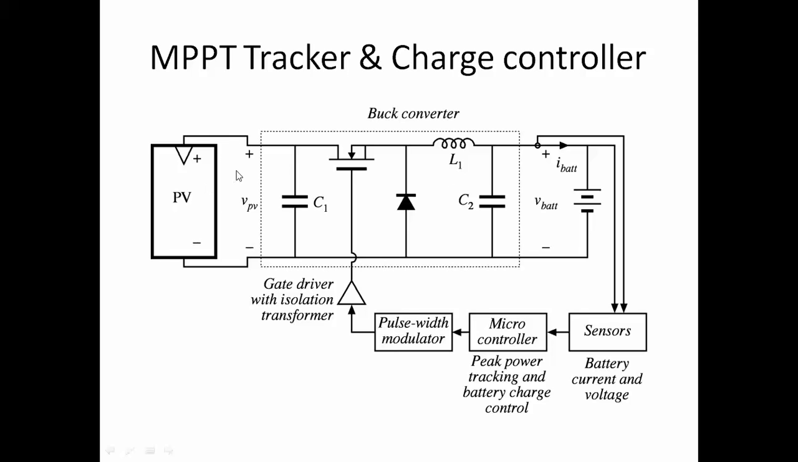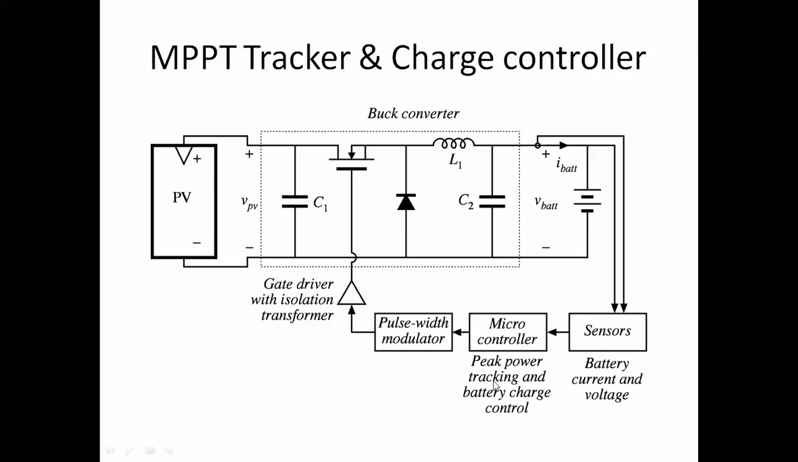By controlling the duty cycle of this one, we can control the voltage at this end. So by controlling the voltage, we can control the maximum power point also. The duty cycle can be controlled by detecting the signal voltage and current from this using a sensor, and there is